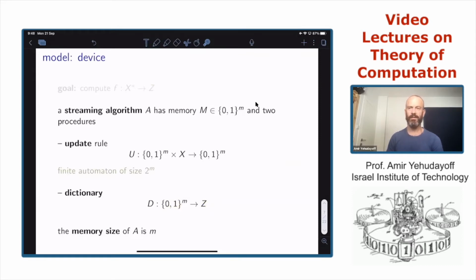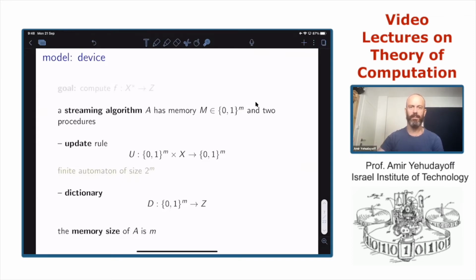Okay, so this is a streaming algorithm. This is the mathematical model for a streaming algorithm. There are three components: the state of the memory M, and two functionalities, the update rule and the dictionary. And this integer n is called the memory size of A. This is how we are going to call it.